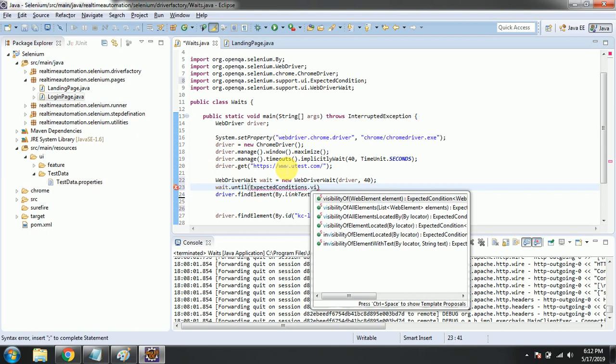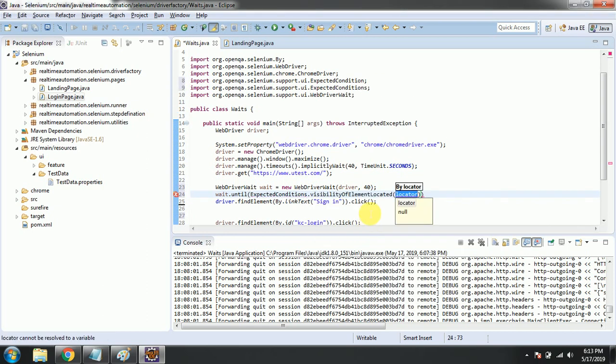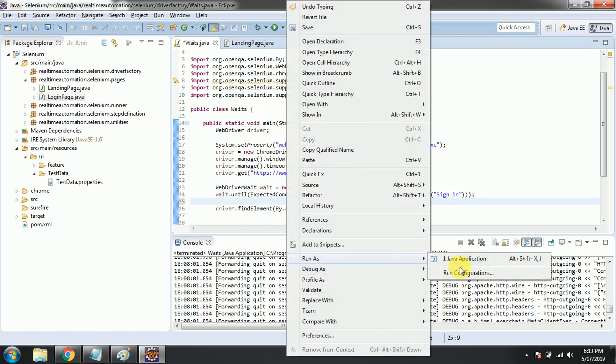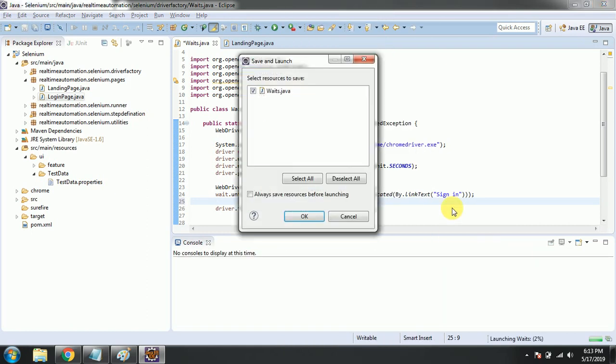Visibility of element we can go for. Okay, let's go for this one. Visibility of this one, we are waiting for until 40 seconds. So let's run this.